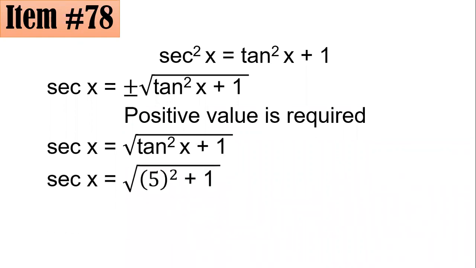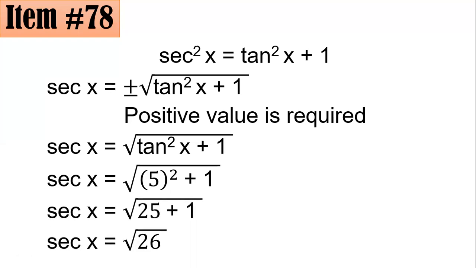Tangent x is 5. So tangent squared x means you have to square the value of tangent x. So secant x equals the square root of the quantity 5 squared plus 1, which is 26. So secant x is square root of 26, letter B. Okay. That's correct, right? Sir Freddy's answer,